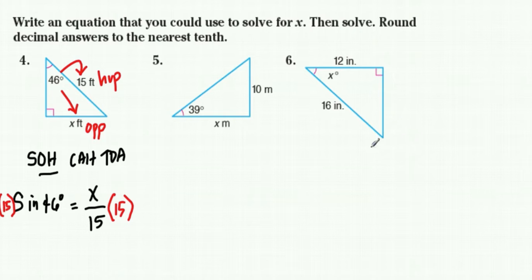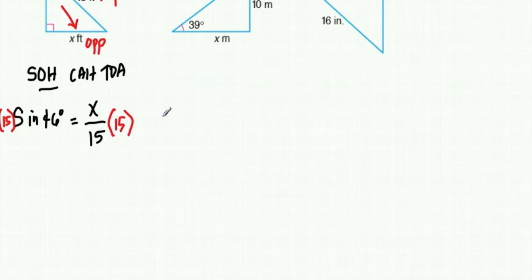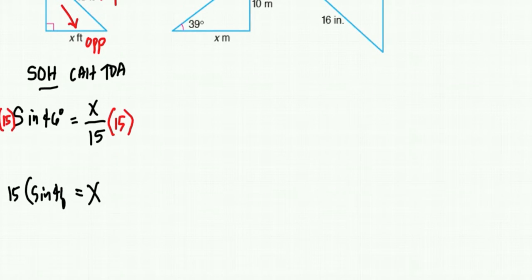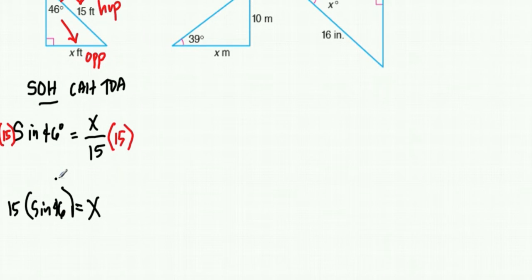And then we now have x equals 15 times sine 46 degrees. Get used to this. And using my calculator, sine 46 degrees times 15